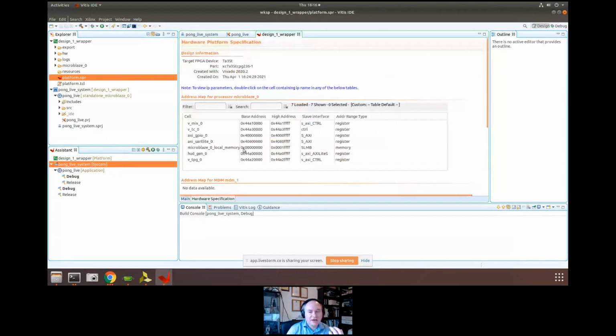And if you want to see the address space and an understanding of where things sit physically in the memory map of the MicroBlaze, we can click on the hardware specification tab, and you can see where all of these elements sit. You can see where the GPIO sits, where the UART sits in the address space, the size of the address space, and whether we're talking to a registered interface or a memory interface. So that's a really nice, powerful ability to visualize and understand the system that we've got. If we close these now,